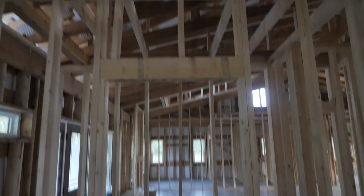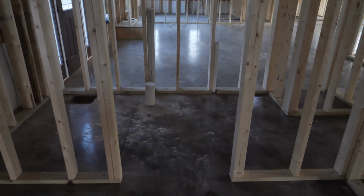And then it may be an option that we don't actually make this a door yet, but I wanted it framed for a door so we could easily make it into one. That way there's no screws that were put down here for the sill plate. So then we're back in the bathroom. So going back out to the hallway,